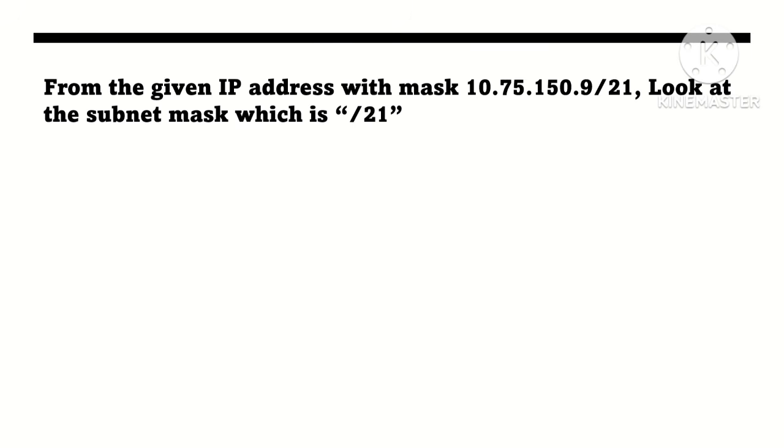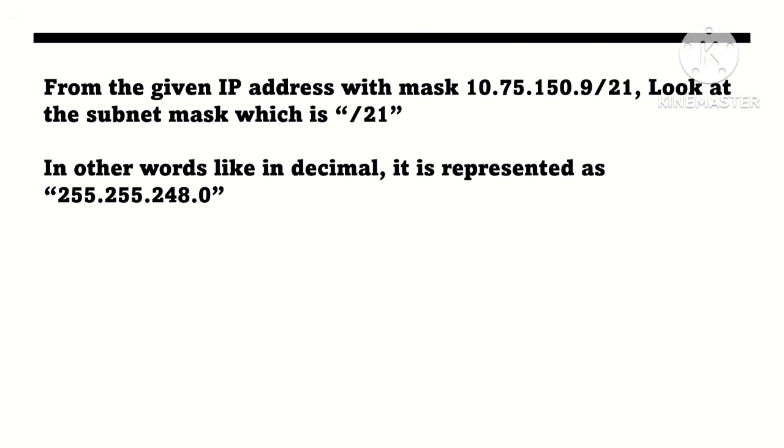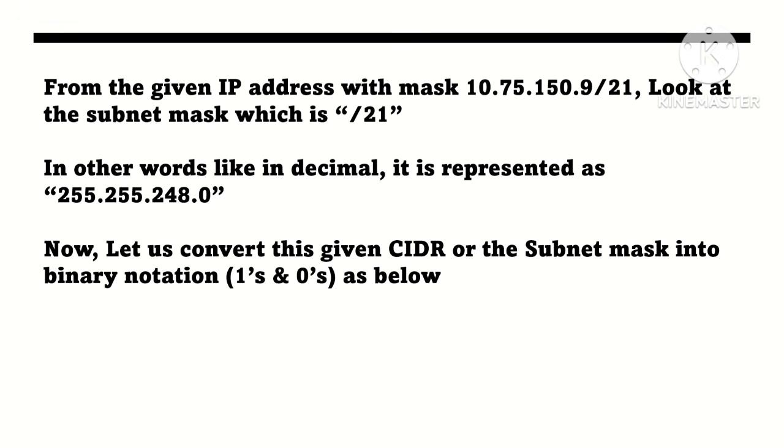So let's see, from the given IP, just focus on the subnet mask, that is /21, which is the CIDR notation. And in decimal format, you can call it 255.255.248.0. When you represent this /21 in binary, that is ones and zeros, it will be like